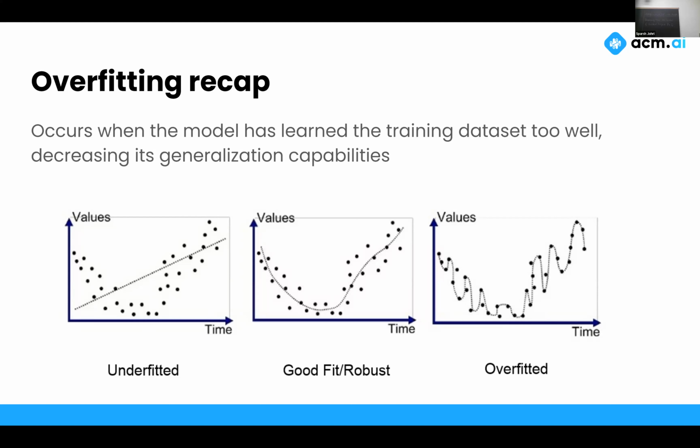There's a good margin. So this is a good robust fit. While this is an overfitted model, as you can see, it's almost perfectly fitted. But if we were to bring out some validation and testing data, this would do pretty badly. So that's what overfitting is,